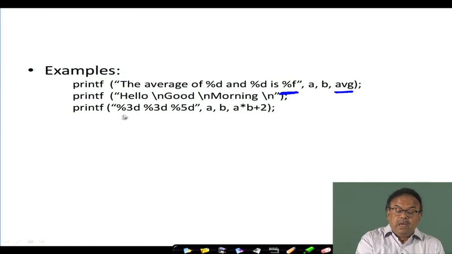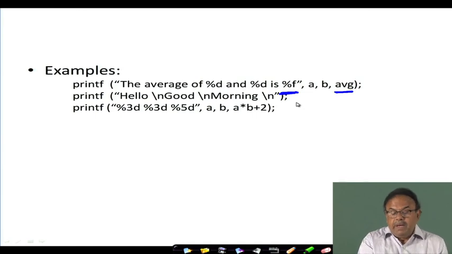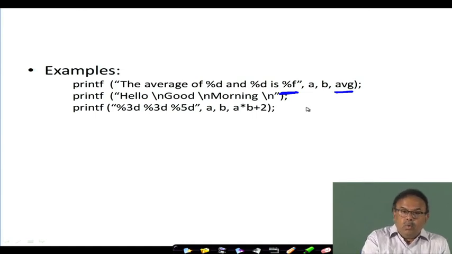Here you see I have said %3d, %3d, %5d. So, A will be printed, and there is no new line here, you can see. So, A, B and A times B plus 2 will be printed side by side. A will be printed on 3